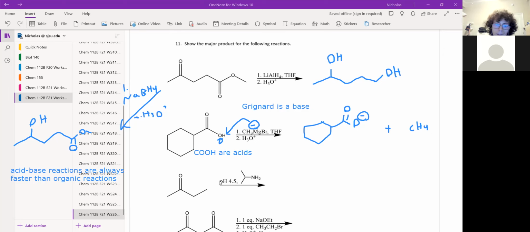How about this next one with a ketone and then pH 4.5 and an amine? Imine, yeah. And why is it specifically an imine? What kind of amine are we adding? Primary, yeah. It would, yeah. So